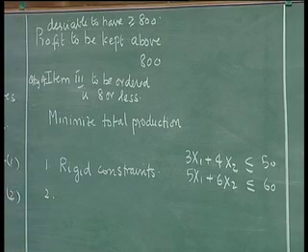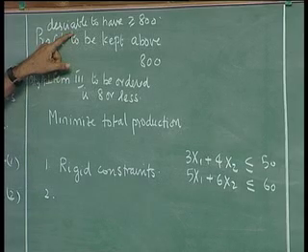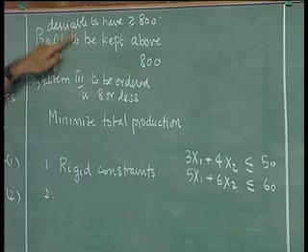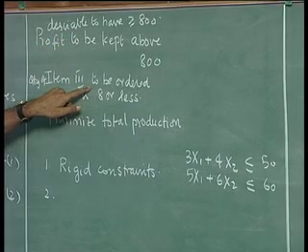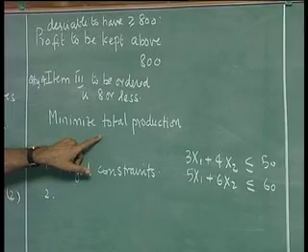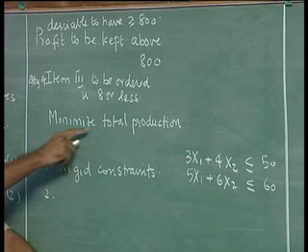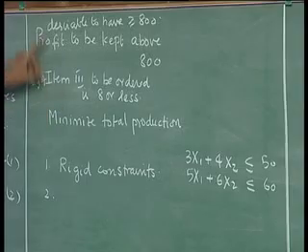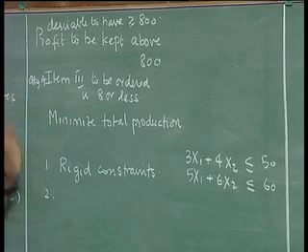All the rigid constraints are bunched together, the rest of the targets are taken as they appear, and it is also assumed unless otherwise stated that it is most important for me among the three to do this, consider this first, and after I have achieved this target, I will try to achieve this target, and then I will try to achieve this target. Right now, we have not given a target for this, we will come to that as we proceed. Now, these two have targets. So, the third one is